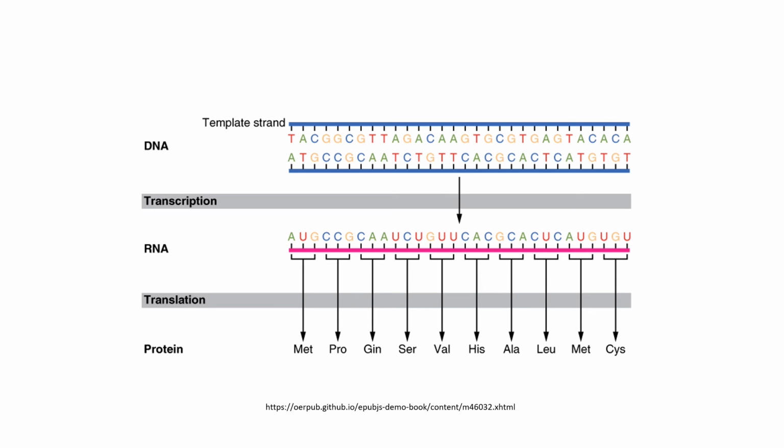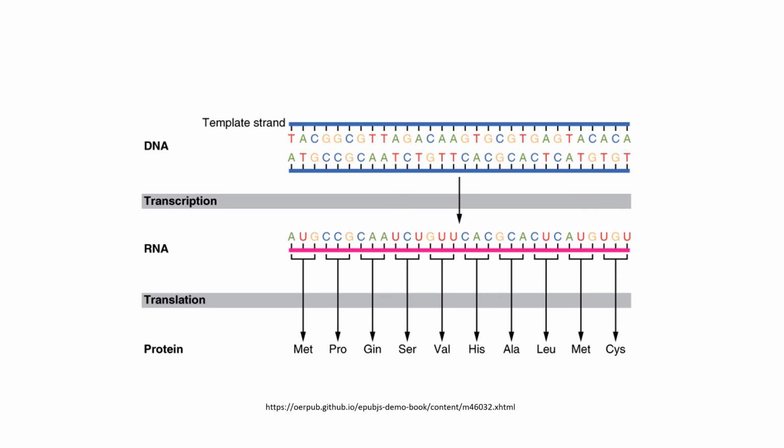Well, what happens is that instead of making a new DNA strand to make a protein, the body makes something called RNA, which uses almost the same bases as DNA. It has a slightly different structure that we'll talk about later, but instead of thymine, it uses something called uracil. So anytime a T would appear, we substitute instead a U. So the first three bases, TAC, then correspond to their complements AUG